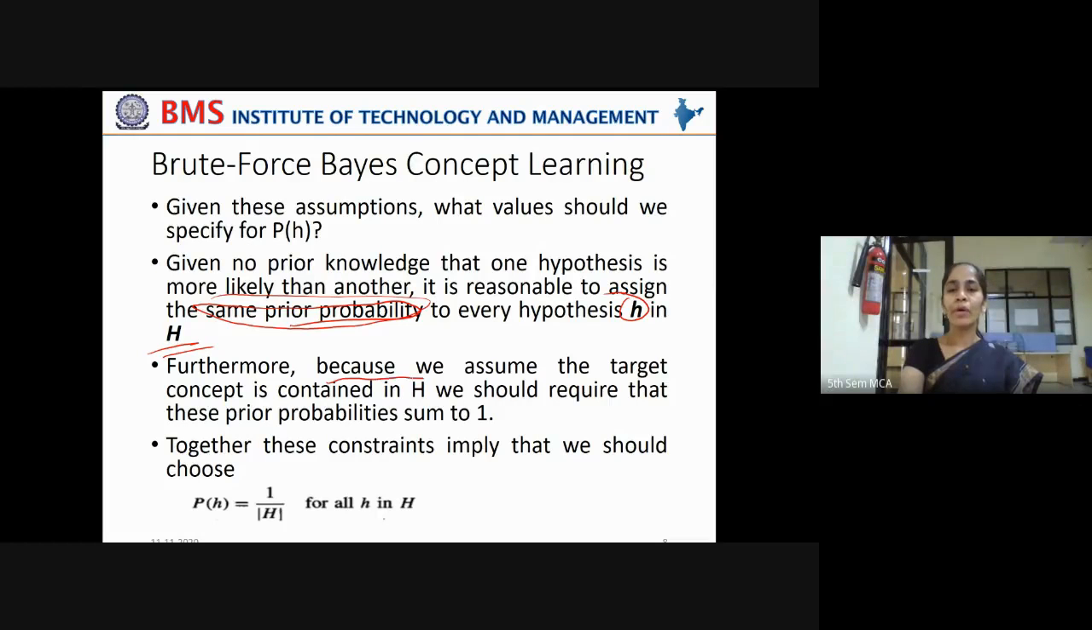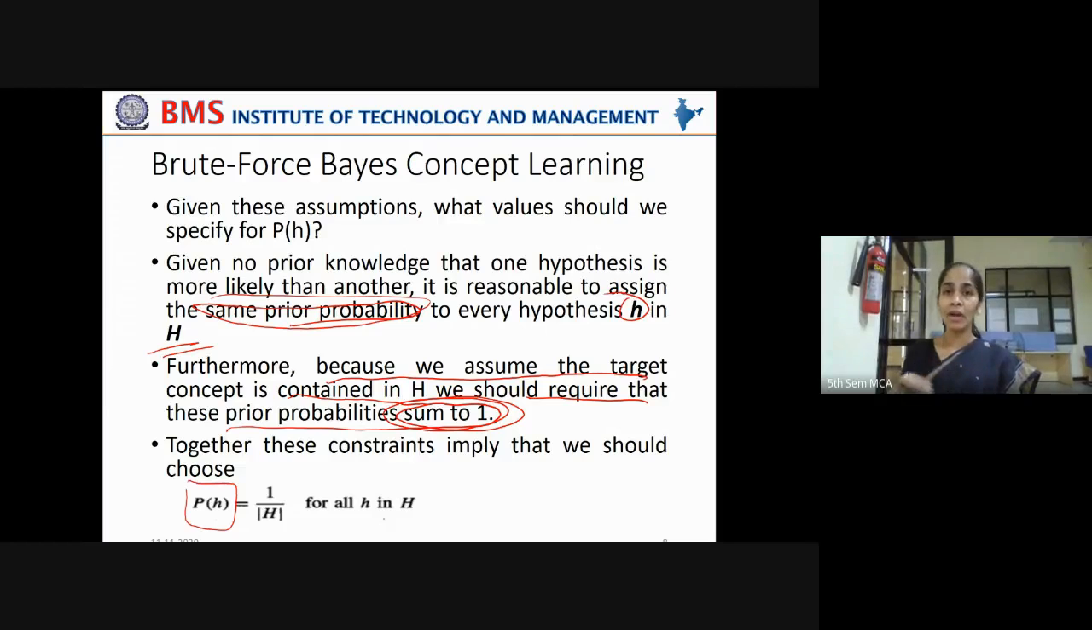Now, furthermore, because we assume the target concept is contained in H, we already assumed this, that we have the solution in hypothesis space H. We should require that these prior probabilities sum up to 1. All those probabilities should sum up to 1, because if one occurs, the other doesn't occur, right? So the probability of any hypothesis, of any event occurring, is 1. But you don't have knowledge whether that event will occur or not. That is why you are giving equal probability 1 by n to each of those n hypotheses in the hypothesis space capital H. Now together, these constraints imply that we should choose